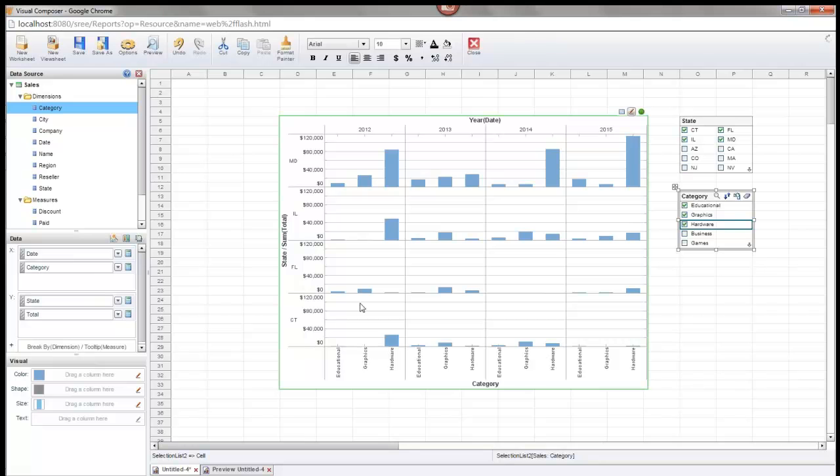Right, so somewhere in this equation, you've got to have a measure. Otherwise, you're not going to be displaying anything very interesting. So you're going to have at least a dimension somewhere, a measure somewhere on the x-axis or on the y-axis. Okay, well, let's take a look at another